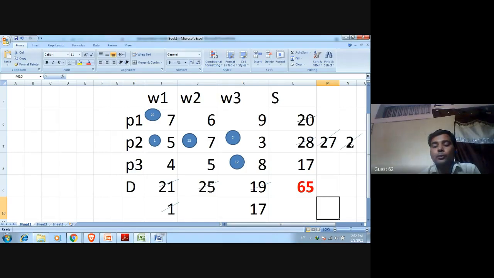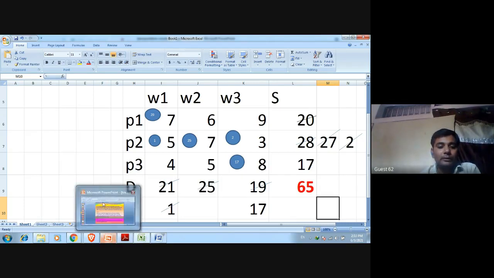That is 2. Okay, so in the next warehouse, W3 requires 17 units, but the capacity of plant P2 was 2. So which one is the minimum between the 2 and 17? 2. So we will allocate 2 here. Now, the requirement of W1 and W2 is met, and W3 requires now 17 units, and the supply of plant P3 is also 17 units. We will allocate 17 units to W3.